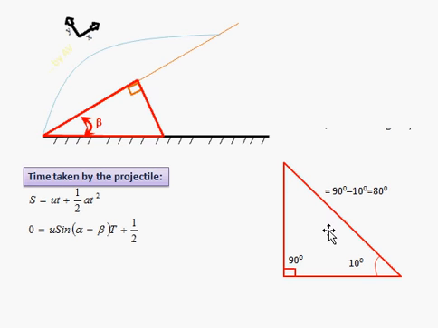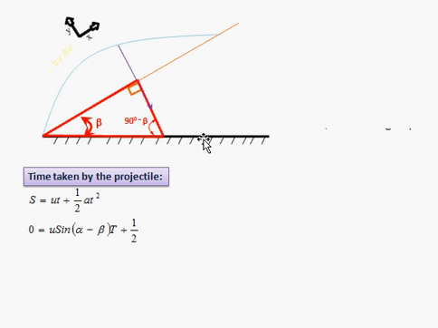That is 90 minus 10, 80 degree. We have 80 degree here. By shifting this scenario to this right angle triangle, we can find this angle. That is, this angle will be equal to 90 degree minus beta. So now projecting this right angle triangle so as to get the acceleration due to gravity.